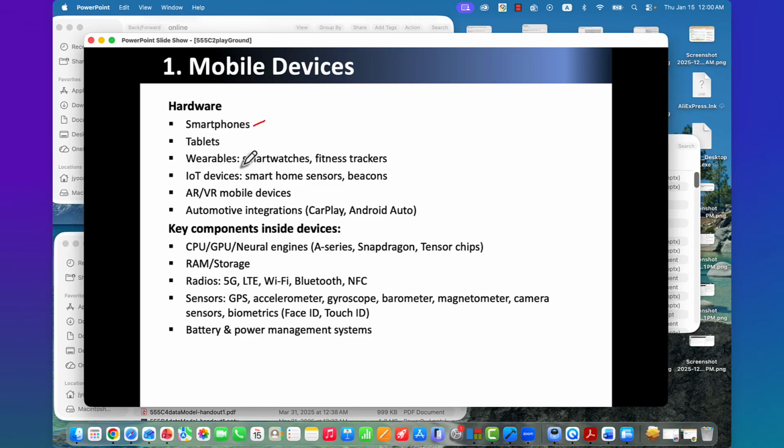Although we can develop also smartwatch apps and smart TV apps, with the foundations that you learn from this class, you may extend further to wider areas.